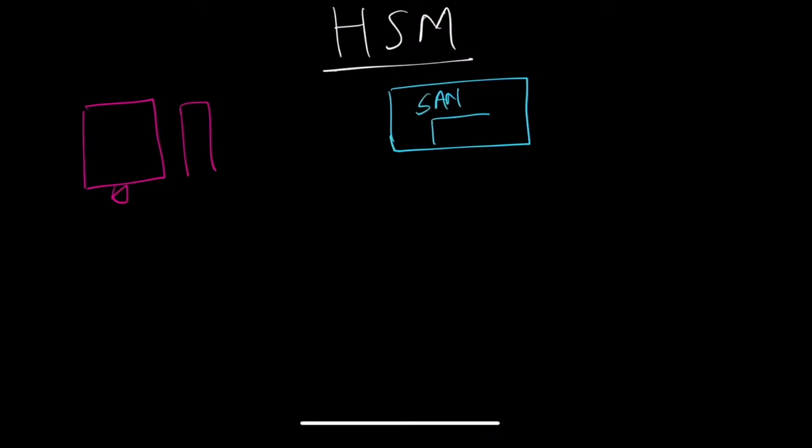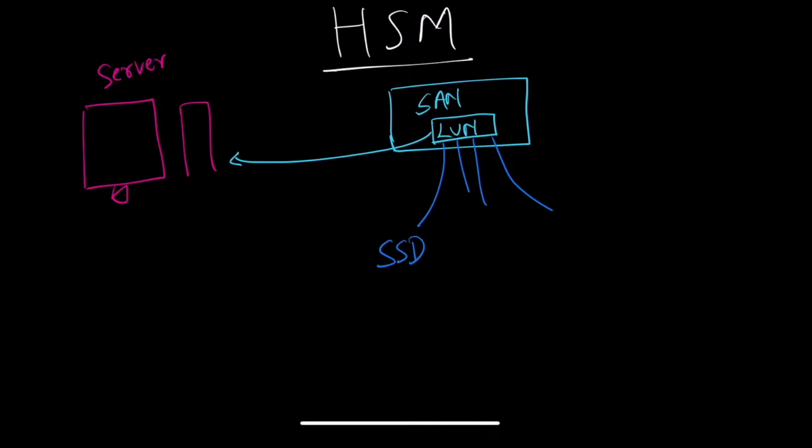And inside the SAN, we have a logical unit number that is presented as a hard disk for your server. Right? Now this logical unit number is not made of a single disk. This logical unit number is made up of multiple disks like SSD, solid state drive,